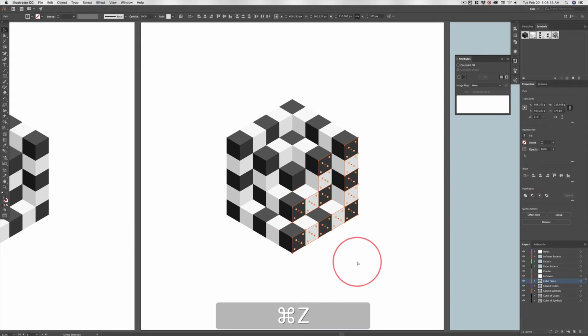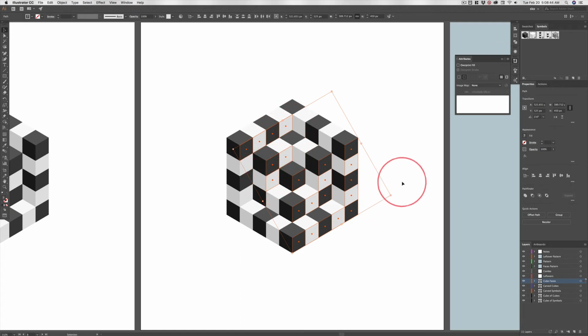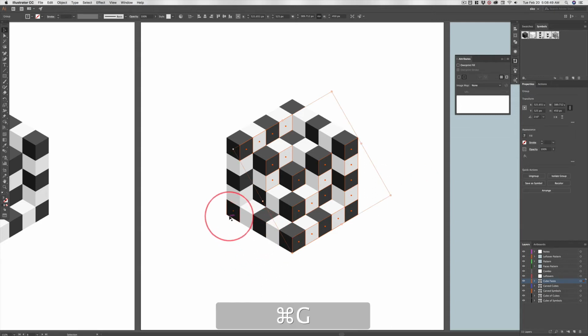Command Z. See that? See that? That was an accidental move. You can't let that happen. Okay? Because as soon as these things are out of registration, nothing works. Command G to group that, and then